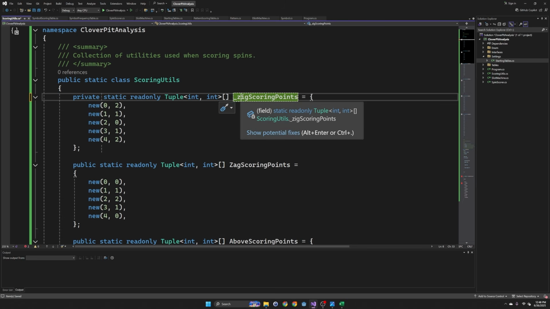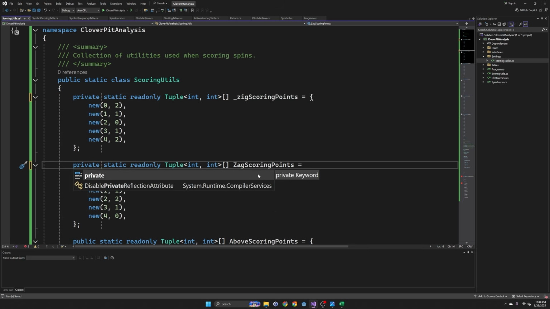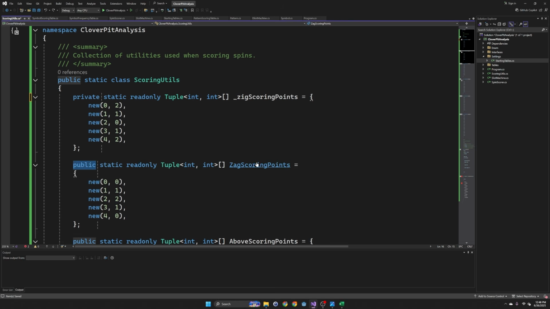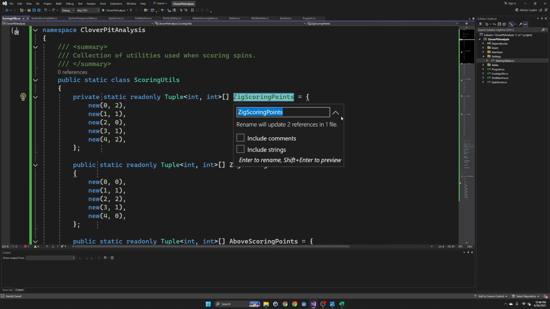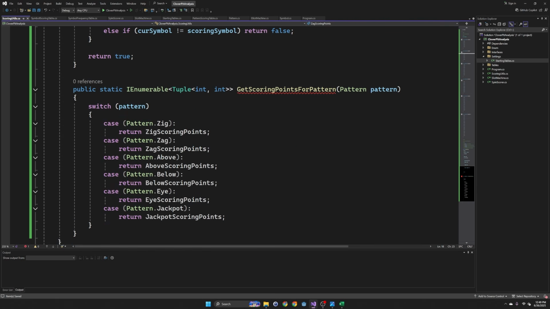Except for if it's a static method, do I still name it like that? Yeah, whatever, I don't care. Private. No. We need to rename it. Alright, so rename zig. I don't care. Alright, and then in this case,